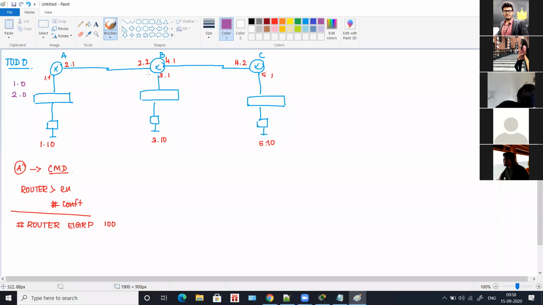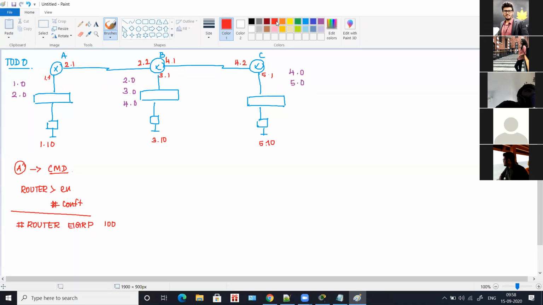Now tell me for router B, what are all the known networks? Very good. It is 2.0, 3.0, and 4.0. And for router C, what are all the known networks? Excellent. It is 4.0 and 5.0. So now we are going to fill in all these known networks.